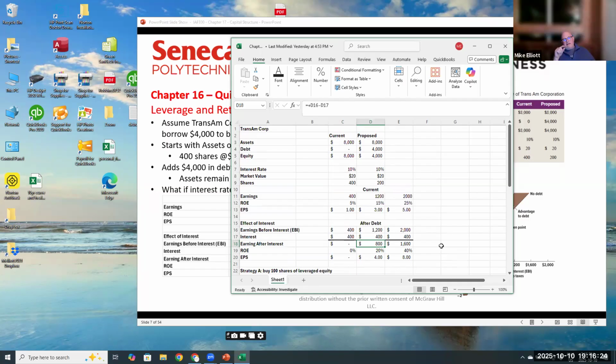We have managed by adding debt to juice our equity numbers by 5% in the case of a modest $1,200, and by 15% in the case of a relatively decent growth of $2,000. What's happening to our earnings per share? Well, in the case where we make no money, we have no earnings per share, so don't worry about too much. In the case where we make $800, our earnings per share went from $3 to $4. And in the case where we now made $1,600, our earnings per share went from $5 to $8.